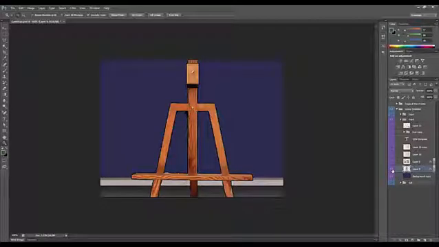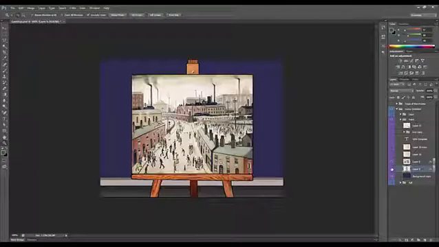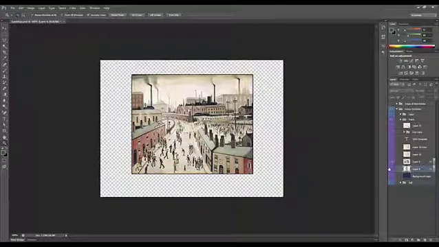In fact, the proper artist would probably model this in 3D and render it and then use the render, or just draw it by hand. So we've got our easel, but I took a photo off the internet for speed and then just messed about with it. And that's what Photoshop's good for. Then I found a Lowry picture. So if I hide all the other layers, there it is, just one Lowry picture at random.